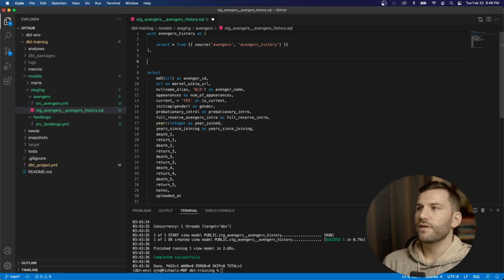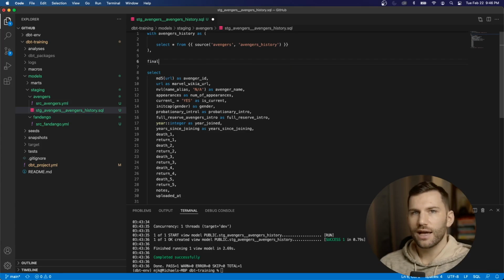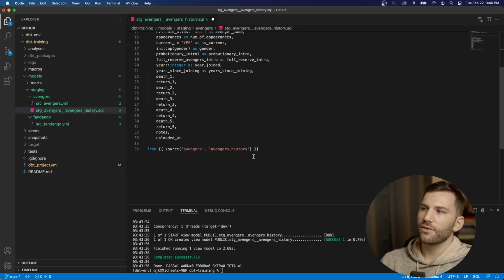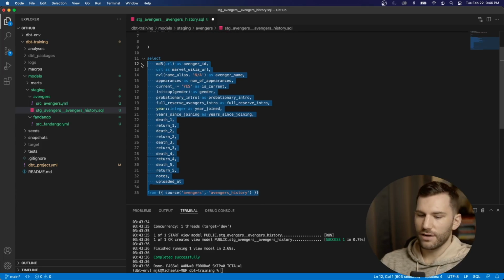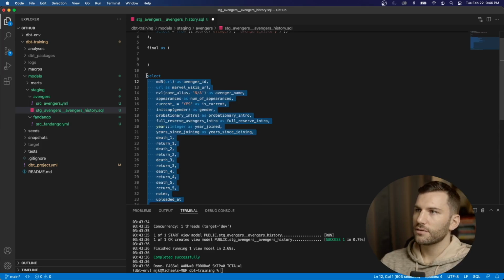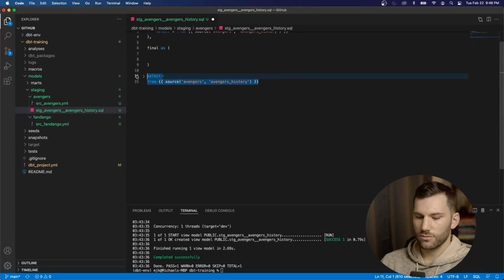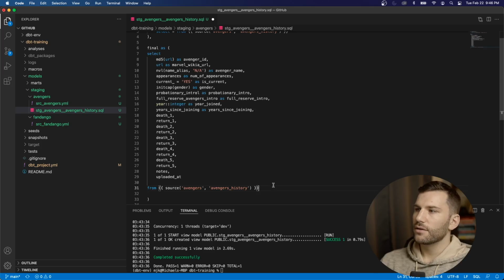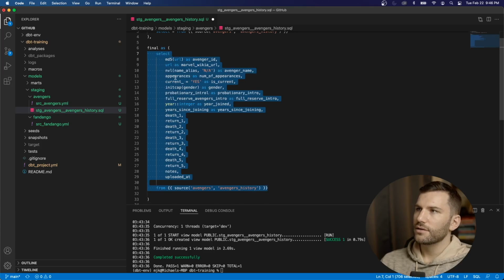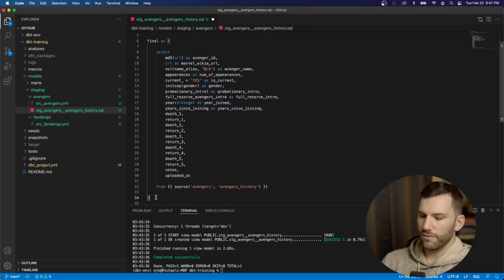And now to finish off your query, what you can do is a final CTE. Again, this might seem a little weird at first, and it is something that, the more you do it, you kind of get used to it. But it's a pretty standard dbt convention at this point. FINAL AS, and then you have your final select. So in this case, this is our final select. So let's move this within here, indent it so we have good clean spacing, and we'll finish off with a